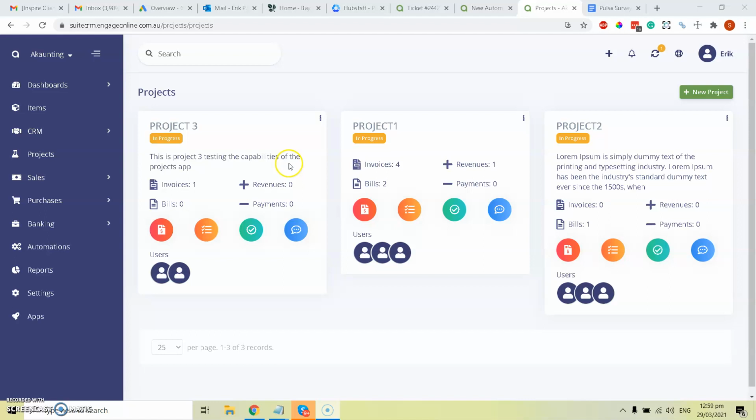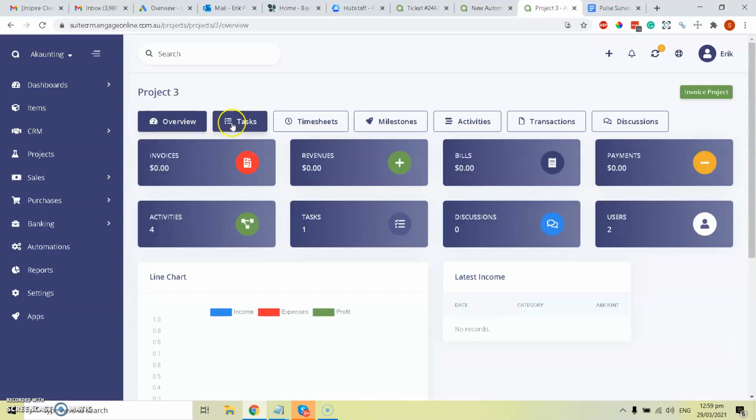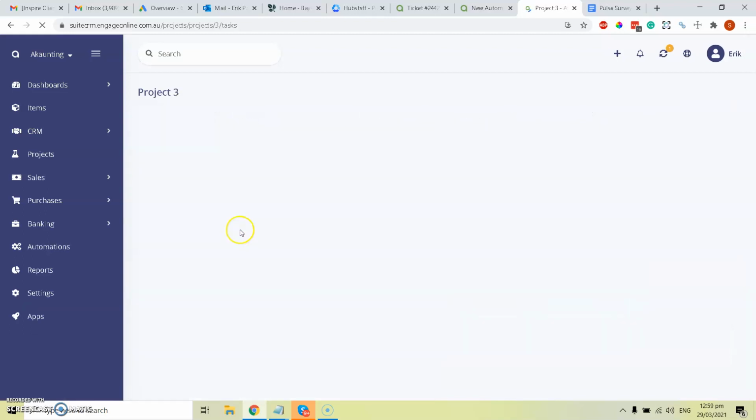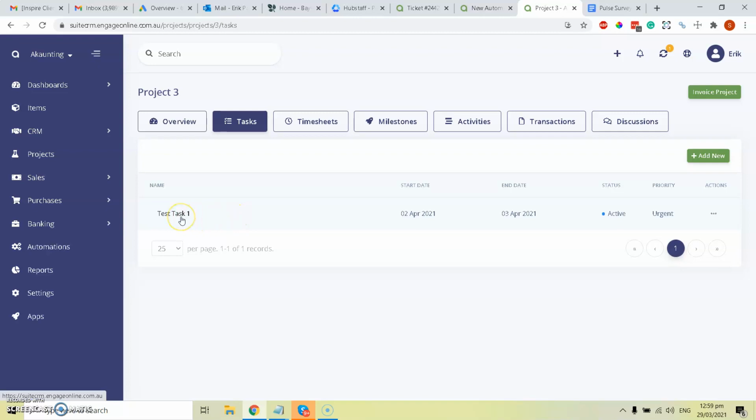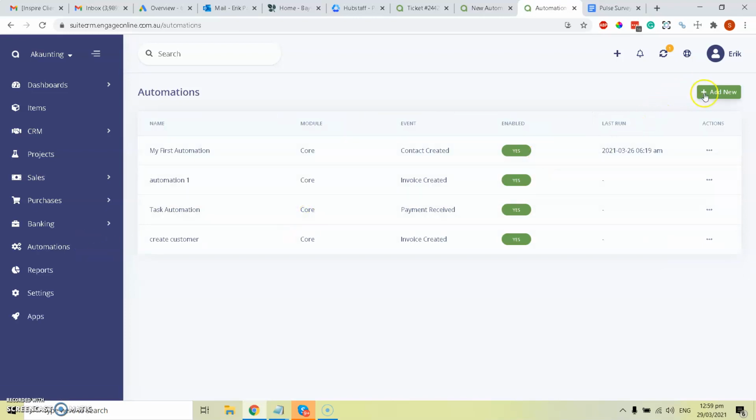So basically, what we're trying to do here is pull the tasks under the projects, which is here, into the automation. So for example, I'll click on projects and then click on project 3. In project 3, we have a task called test task 1. If I go to automations and create one,